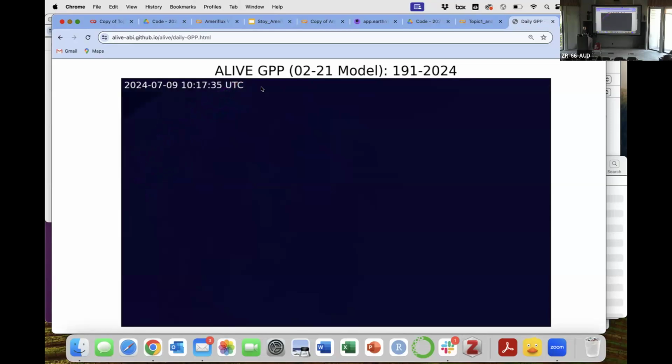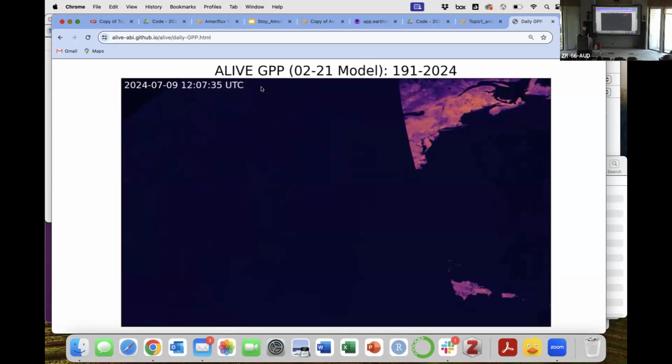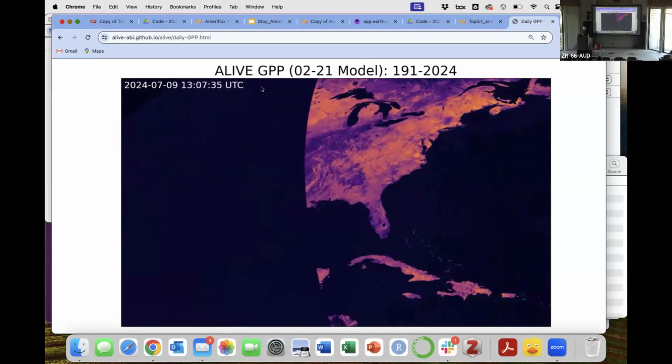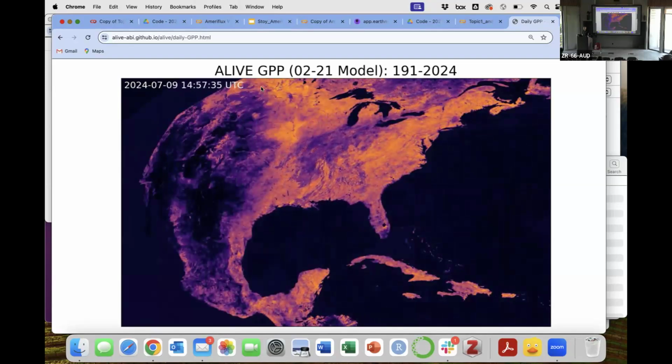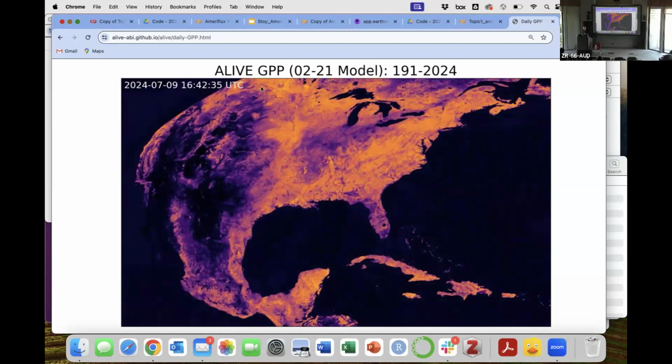So if you think about what we're doing here, the data that we're looking at is far more time points than Landsat makes in a year. About half the number that MODIS makes in a year, all in one day. So the volumes of data that we're working with are pretty extreme, but moving forward, as flux scientists, we